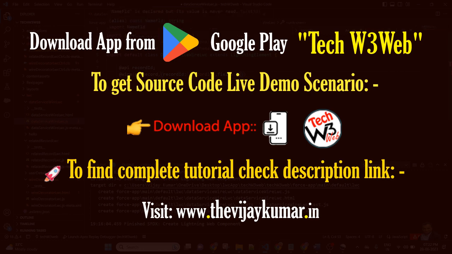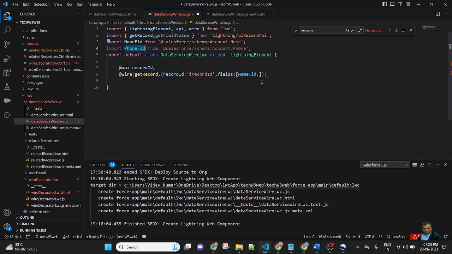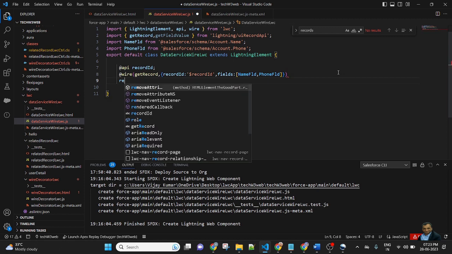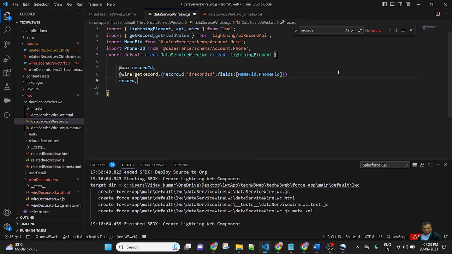So here I have two fields, NAME_FIELD, comma, PHONE_FIELD. So passing both of the fields in the square bracket, and here write a property record and semicolon. This is an adapter. So it has stored the data and error message.